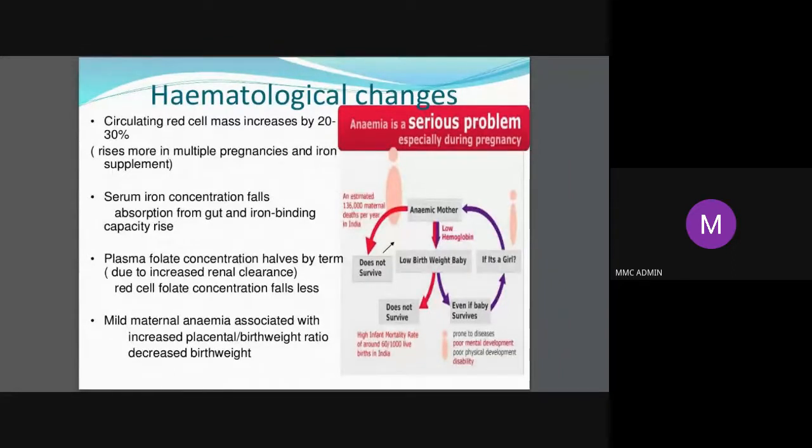And so what happens is iron absorption increases. 3% of oral iron is absorbed. This is another point you must have read in biochemistry. It becomes very important during pregnancy. So the iron concentration, the increased absorption from the gut will be there. The iron binding capacity also rises because you keep on giving iron, that will be taken up by the mother and converted to hemoglobin. So here see the last point. If the mother is anemic, automatically the oxygen supply to the fetus also becomes less, and the baby may go for say SGA or IUGR.